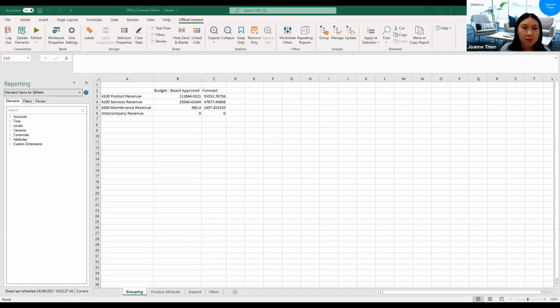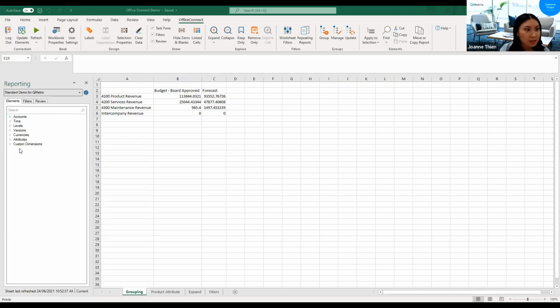Before I begin, I might just do a quick recap on Office Connect. I know most of you did say that you're familiar with it. However, I'll just run you through it really quickly. So we've got a ribbon at the top of Excel here, Office Connect. That's where you log in, log out, and all of the features along the top here. Along the side, we've got a task pane that has all of the elements that might belong to your model.